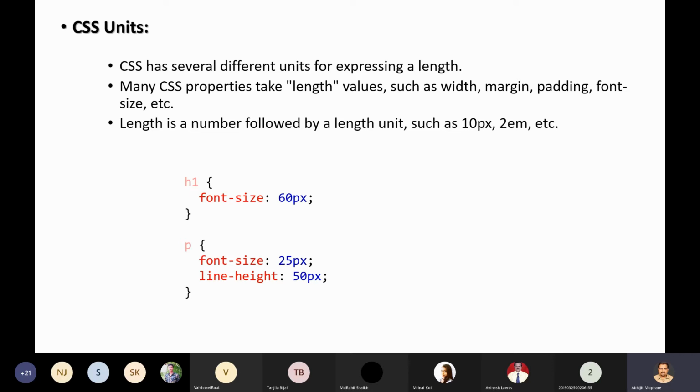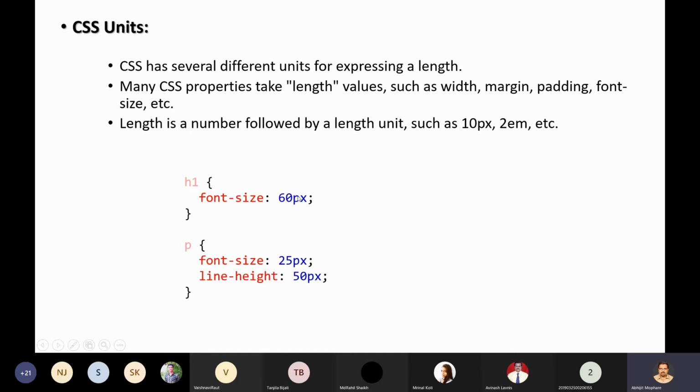So length numbers: CSS has several different units for expressing length. Many CSS properties take length values such as width, margin, padding, font size. Just like here, this takes length values as the value of the properties, and this length is a number, obviously, followed by a length unit.